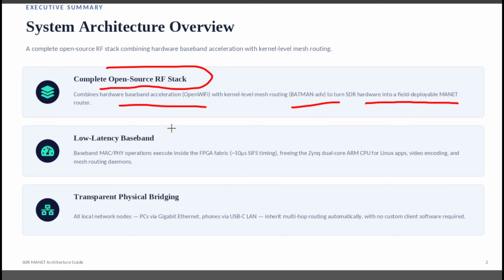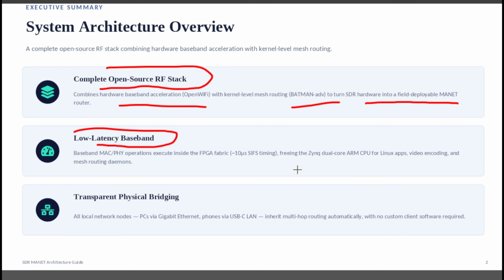And because the baseband MAC and PHY operation run directly inside the FPGA fabric, achieving about 10 microsecond